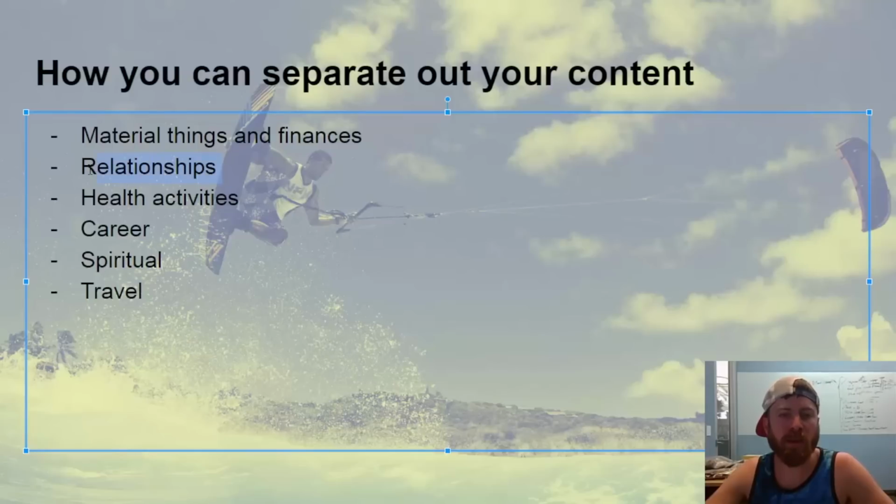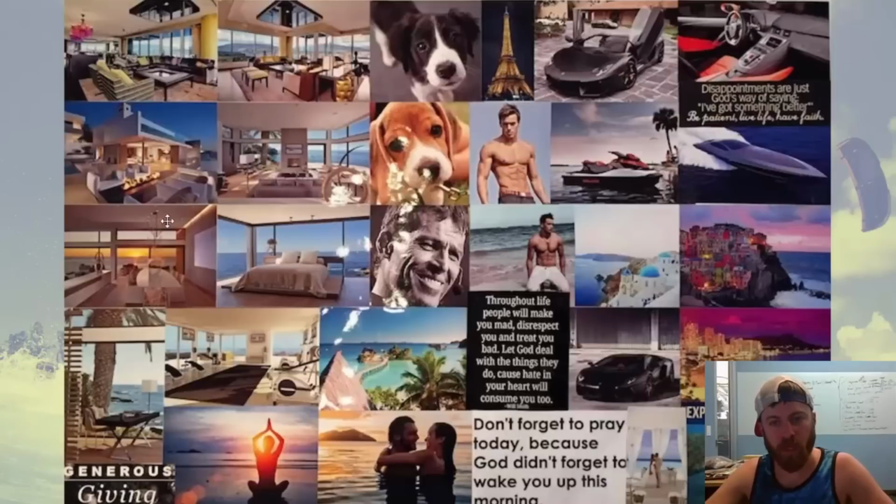Another quadrant I separated out my vision board into was relationships, because my relationship with my wife and my family and my dogs is very important to me. In Stefan's world, he has one picture of a guy and a girl, but maybe for you, family is a much bigger component, or maybe it isn't. Maybe you're a bachelor or a bachelorette and you just want to have lots of girls or guys around you at all times. Or maybe you just want to have a lot more pictures of family and family activities in your board.